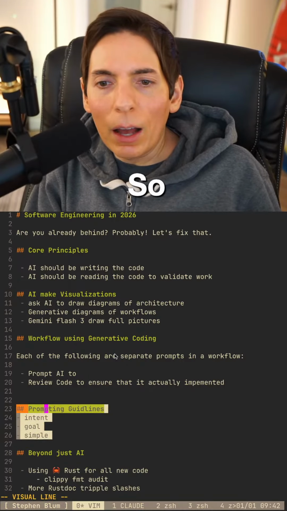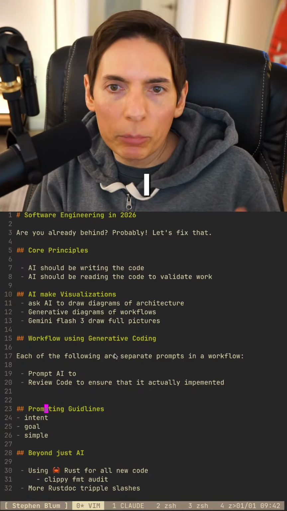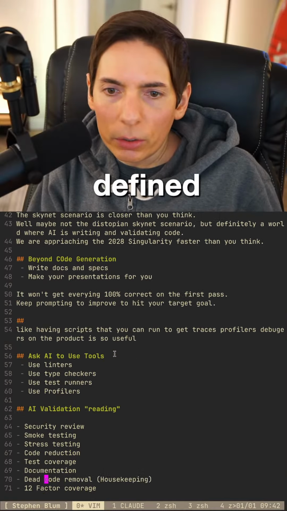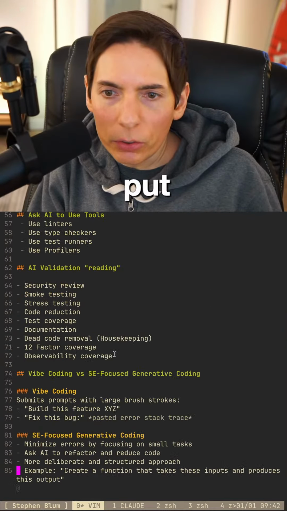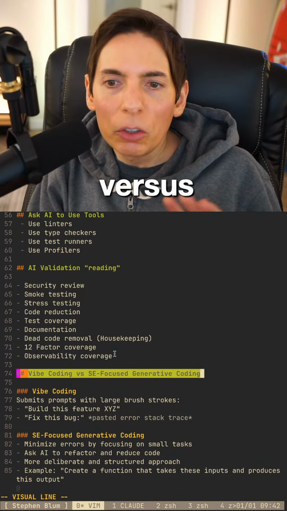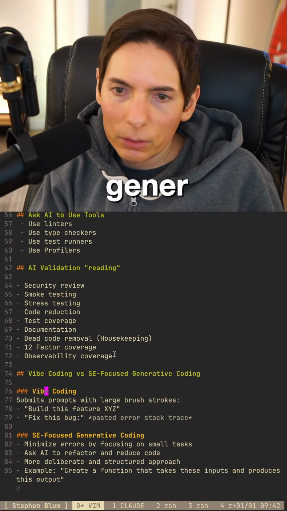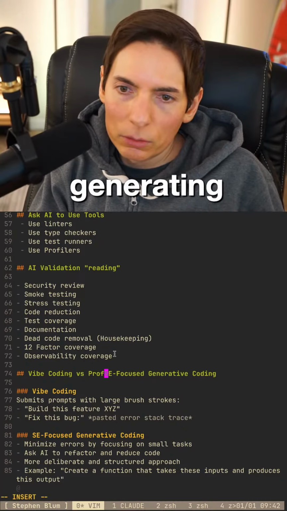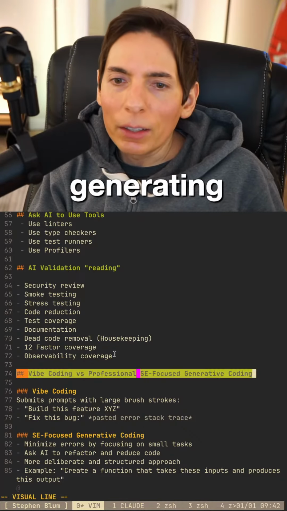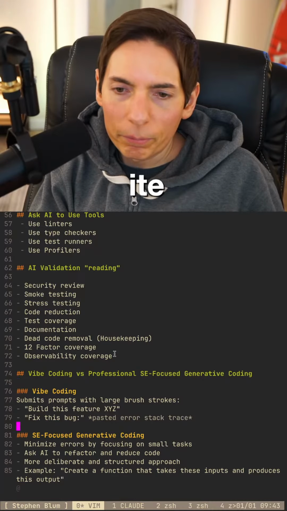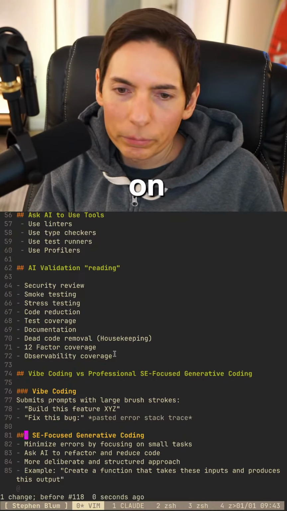So we've defined, where did we put that? I put it around here somewhere. Vibe coding versus professional software engineering focused generating. Right, I think this is a critical item that we need to focus on.